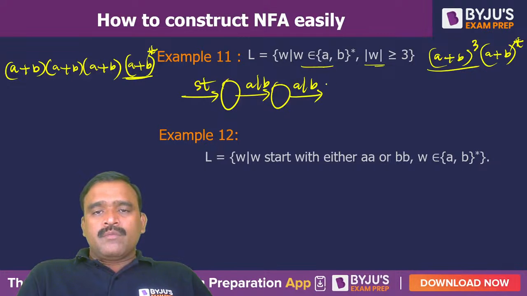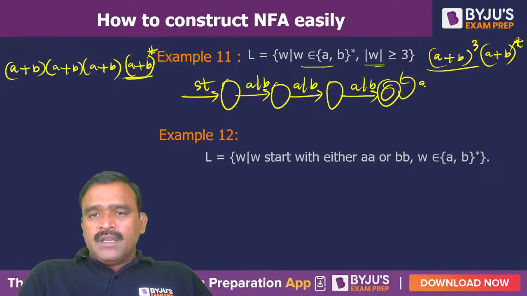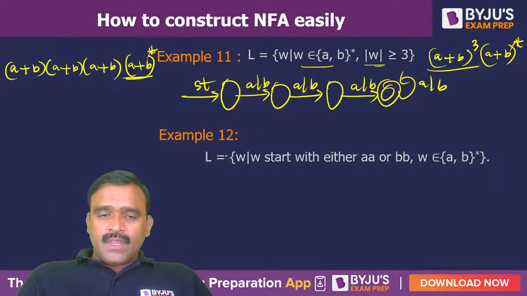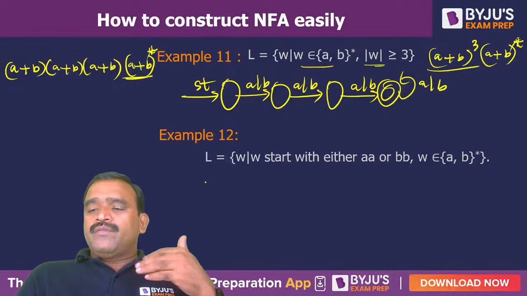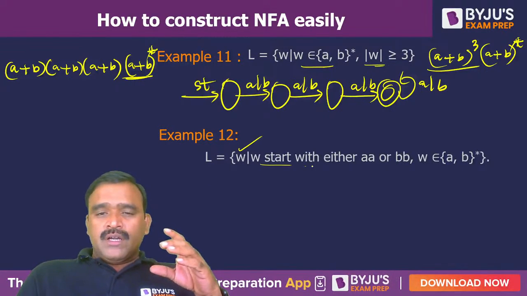This is A or B. Then A or B. So length 3 minimum. So afterwards, any combination of A's and B's. Is it clear? Now, similarly, if we see the 12th one, W is a word and W starts with either